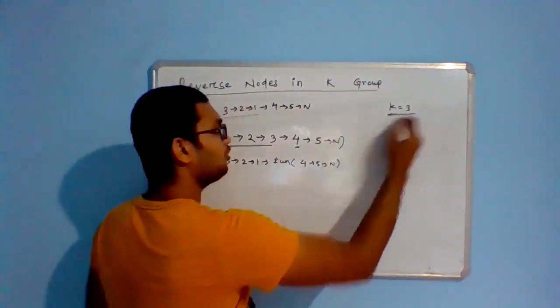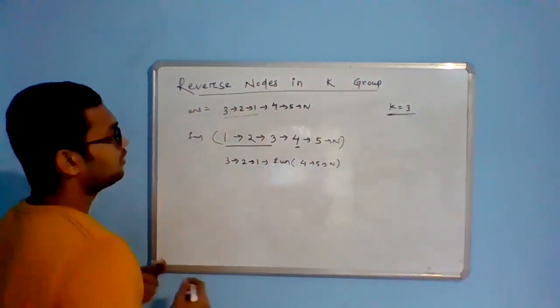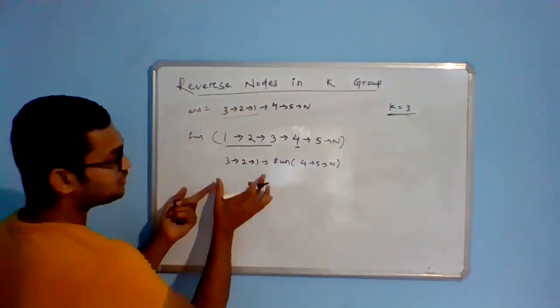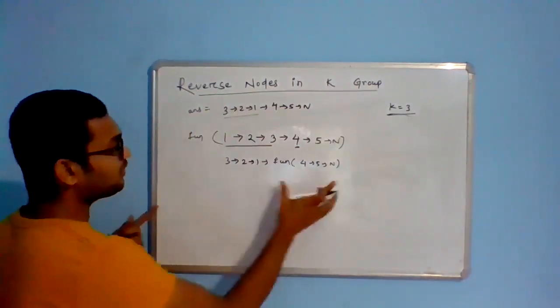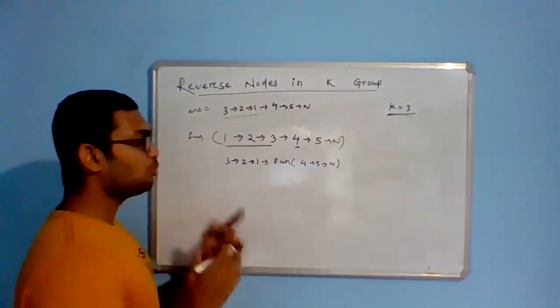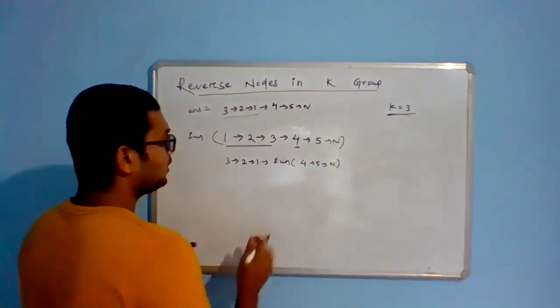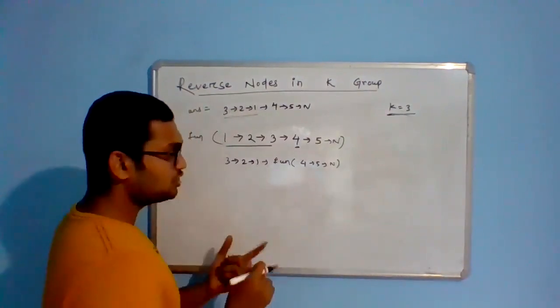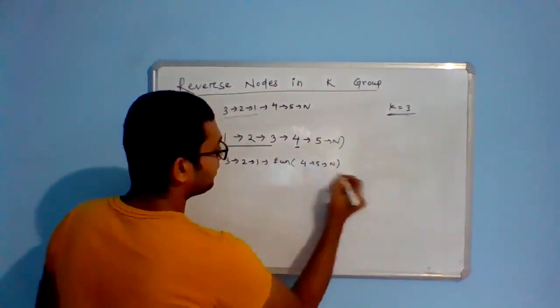But the k is the same, right? K is 3. Now, since we are just following a procedure, for every function we'll try to reverse whatever we find. We do not know how many elements we are reversing. Now let's reverse it. Since we are in a procedure, let's reverse it. So we'll reverse it.